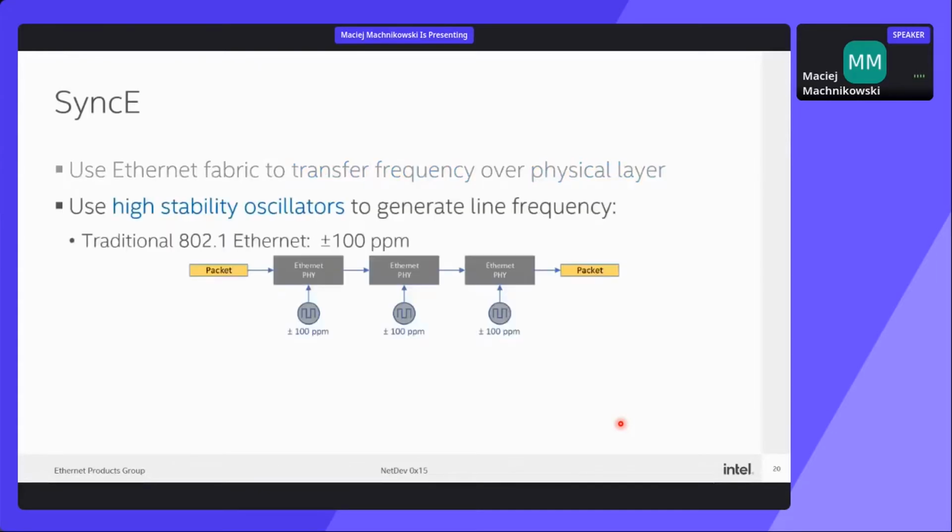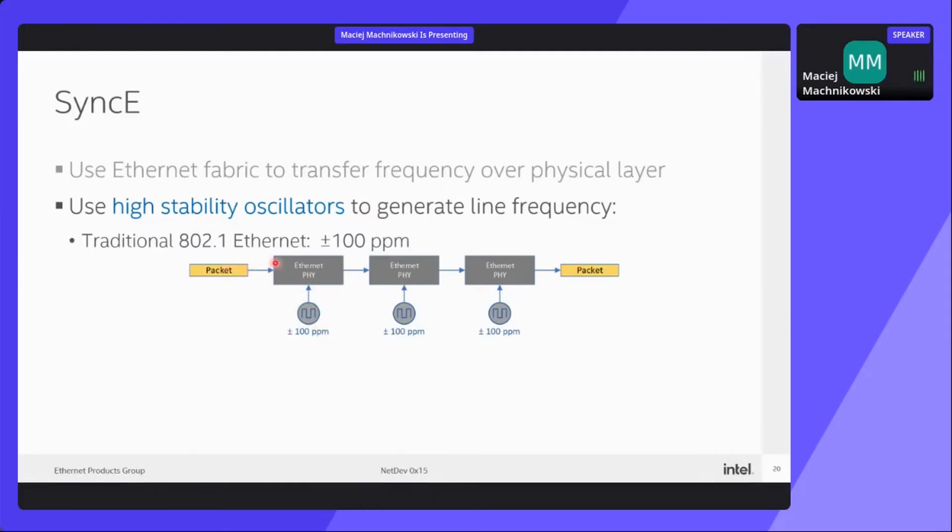The other requirement of SyncE is to use high stability oscillators to generate line frequency. In traditional Ethernet, the 802.3 standard requires every single oscillator in our Ethernet adapters to run at plus minus 100 ppm frequency, which means that